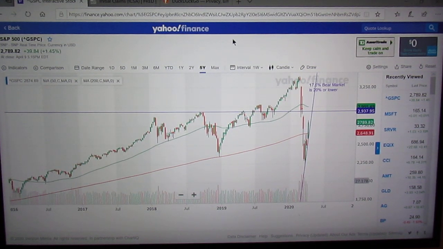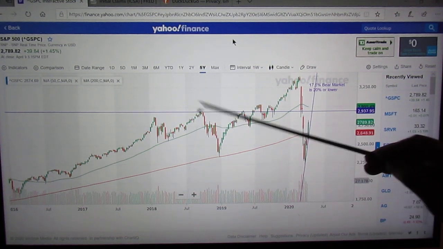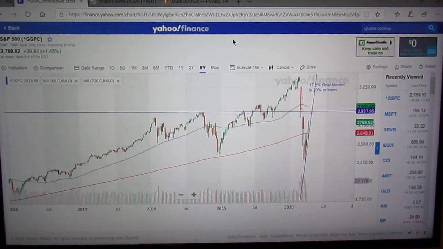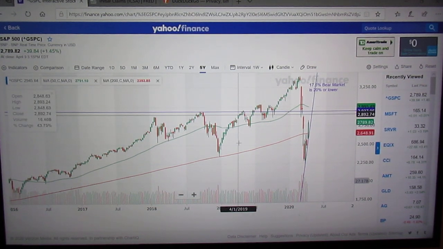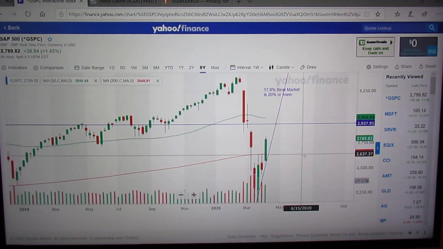So I went all the way back to 2018 right here, and I locked onto it. There's point 1, there's point 2, and then we come across. What authenticates this line, and I like to go back in time when I look at charts, and I've said on a previous video, I might go back 20, 25 years to find what I'm looking for. So when we look at this,